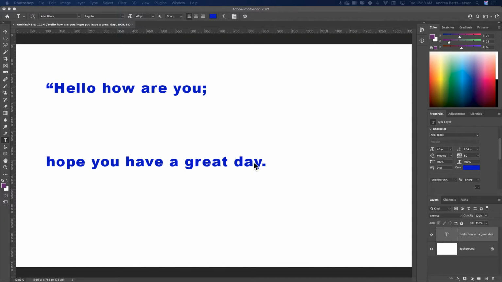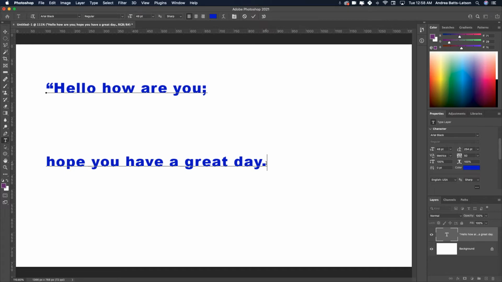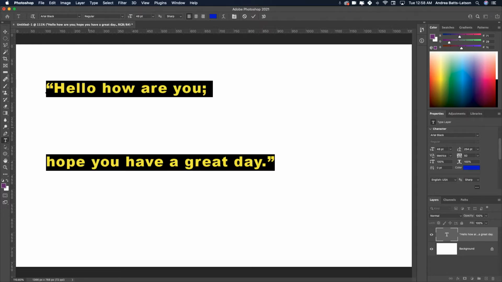So the way that you're going to do that is, with my layers panel selected, making sure I'm on the proper layer, I'm going to click on the type tool. I'm going to select the type that I want to affect. Remember, select it to affect it. I just realized. Okay. Select the type that I want to affect,